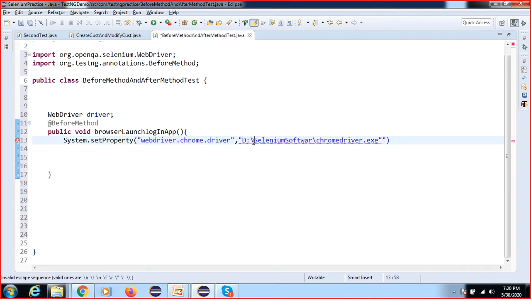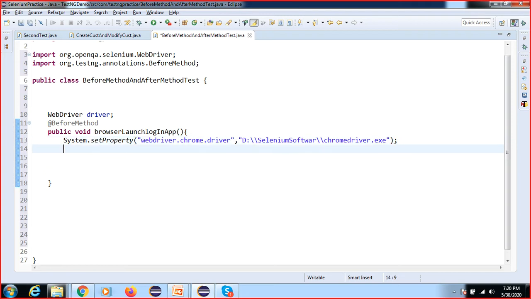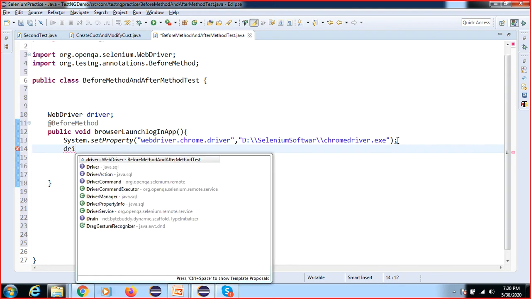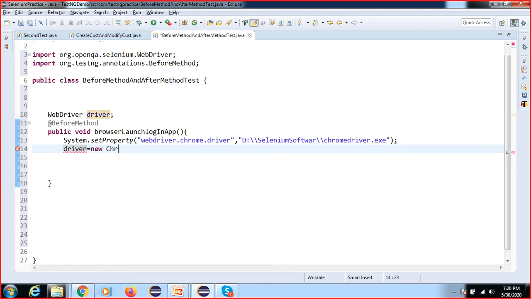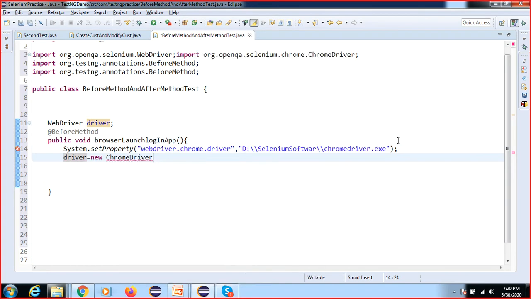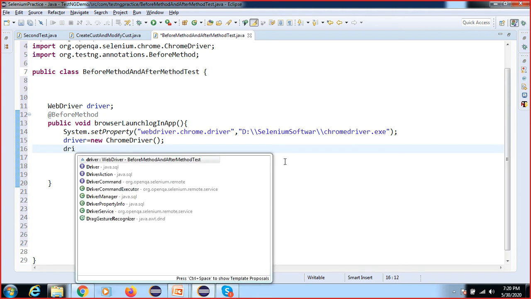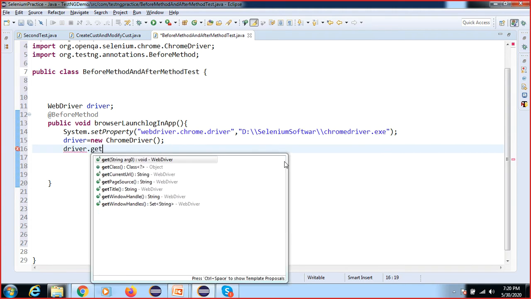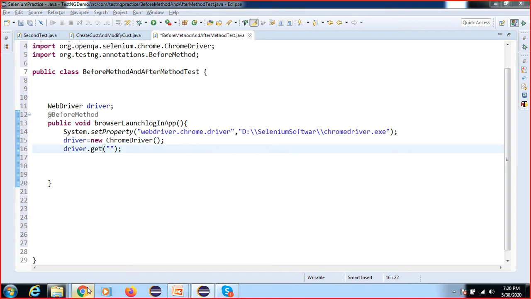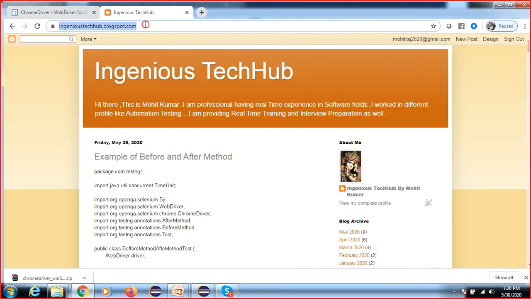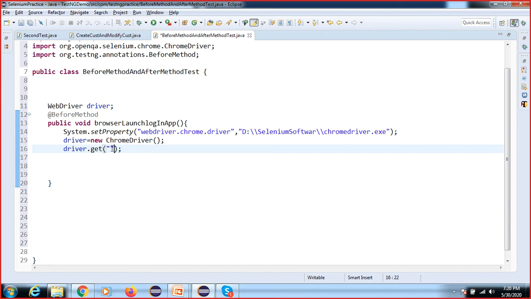So what we have learned in the basic Selenium, same thing I am repeating here. Just here we are using it with respect to TestNG annotations. In the TestNG annotation, how can we use this? Then driver equal to new ChromeDriver. So we will create two test cases here. We will see how we can create driver dot get. So we will pass the URL. This is the URL.